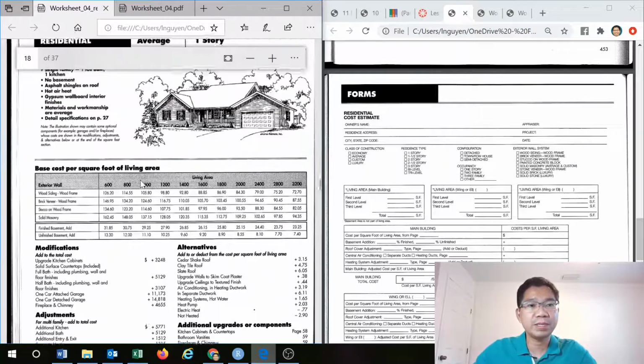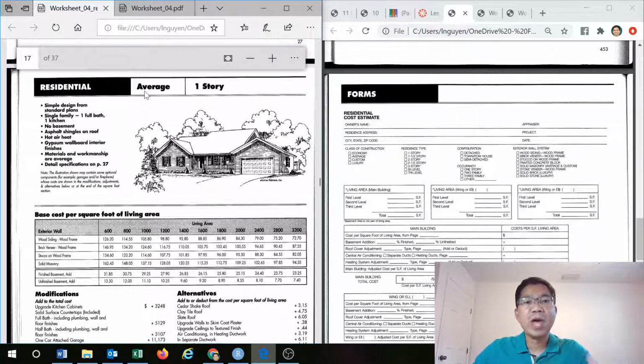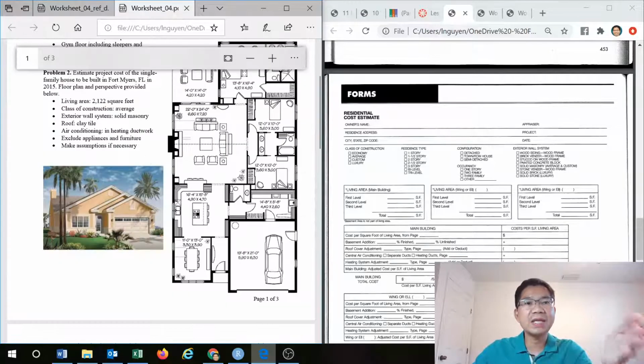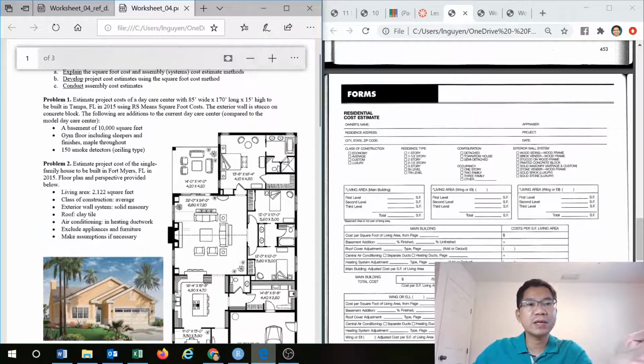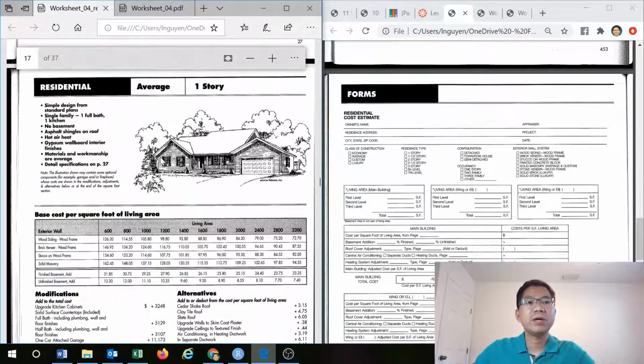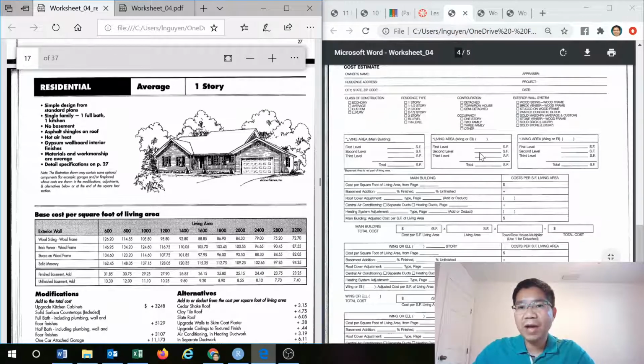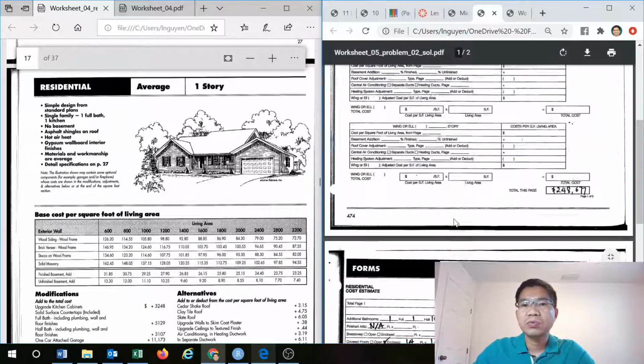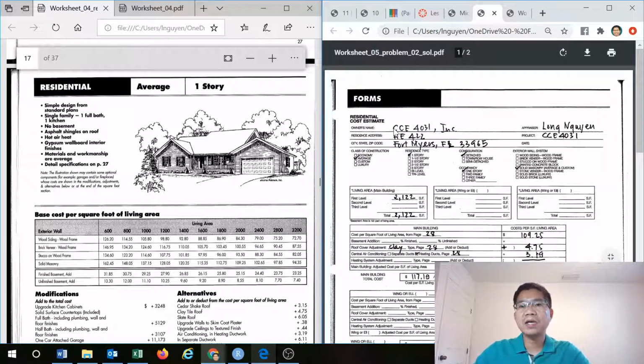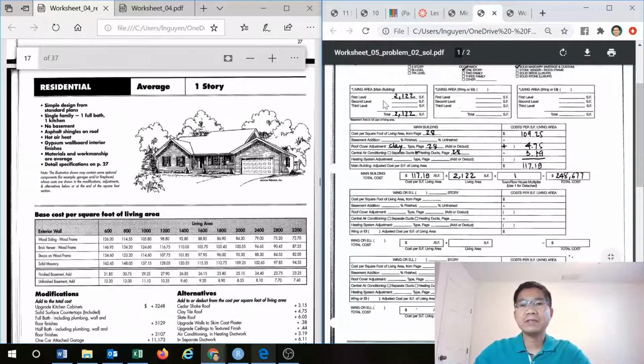That's what we need in this page. Residential average 1 story, because that is our house, so we look at that already. Make sense? So go here, page 28. So with that, we go to the form. This form, fill out in front of you, and I already filled it out, so I just refer to what the number is. So this is a class we have, prepared by Fort Myers, and the living areas